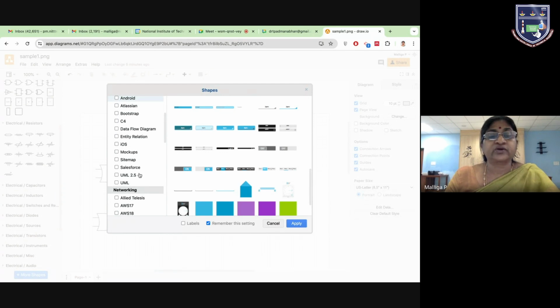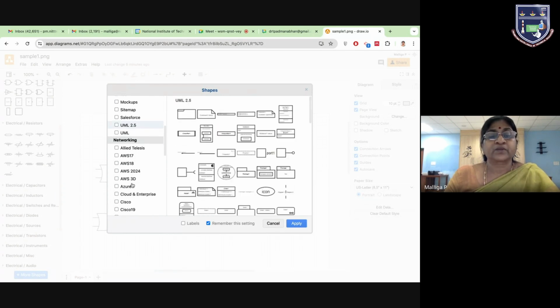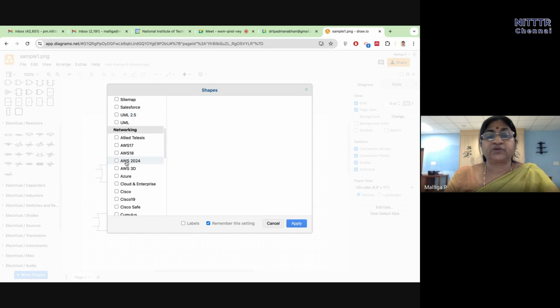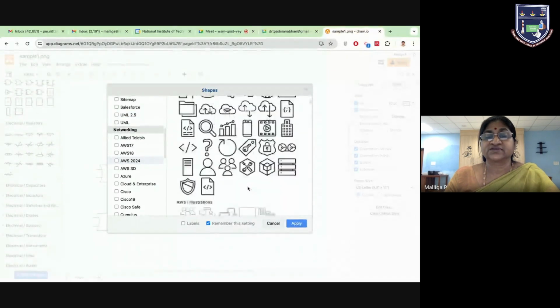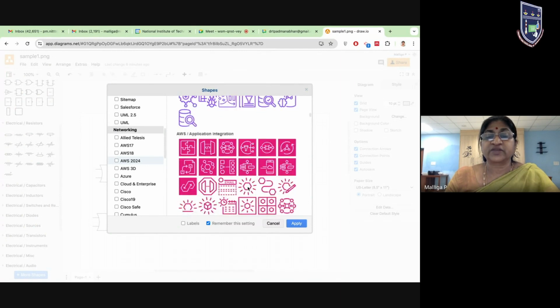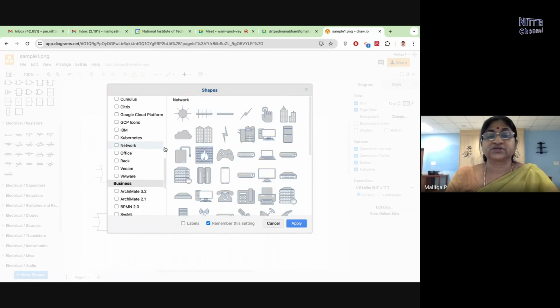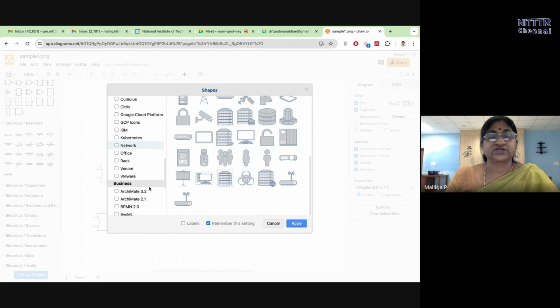So according to your requirement, UML diagram, or AWS, some network diagrams, so many icons are there. Just drag and drop, for blockchain and other things. Network means you will get all the icons which are required. So beautiful block diagrams you can create